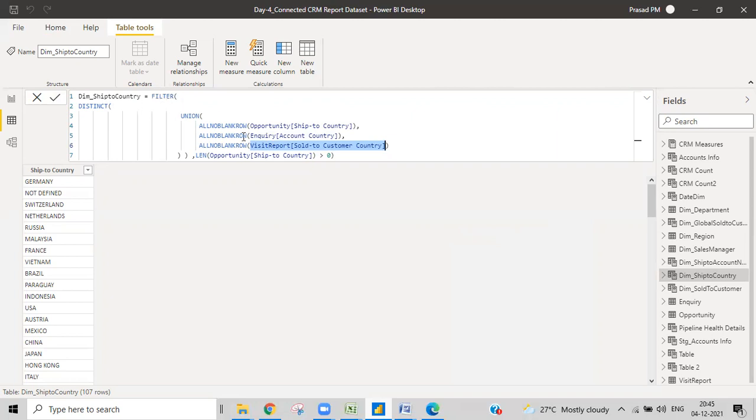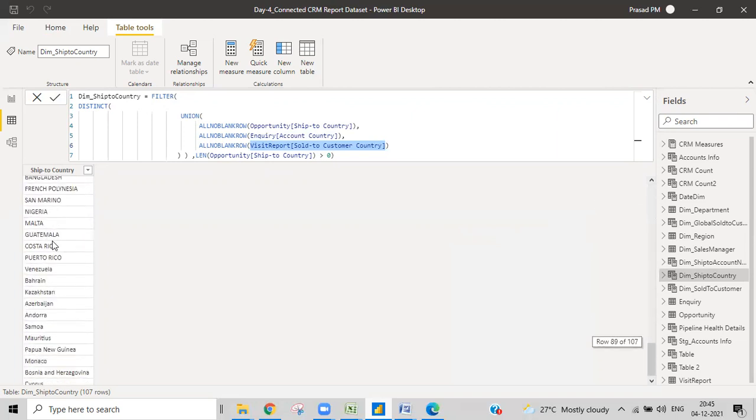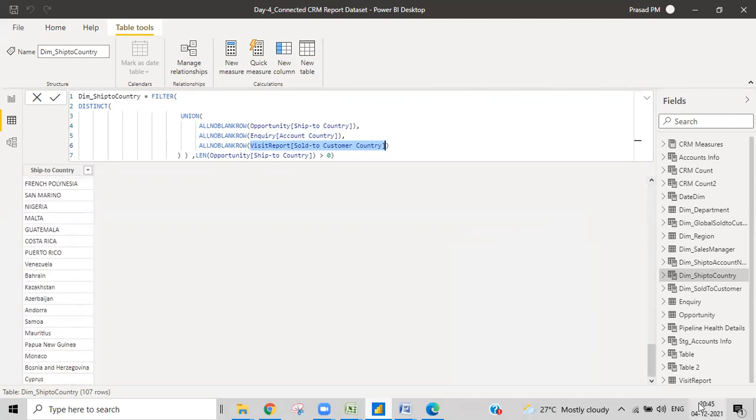We also applied a filter where the length should be greater than 0. Length greater than 0 means it is not blank, so just to remove the blanks, we made that particular logic. This is how we create a bridge dimension table.